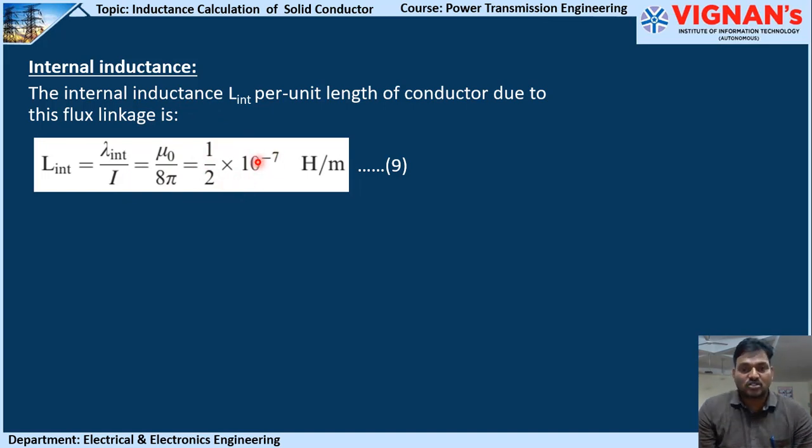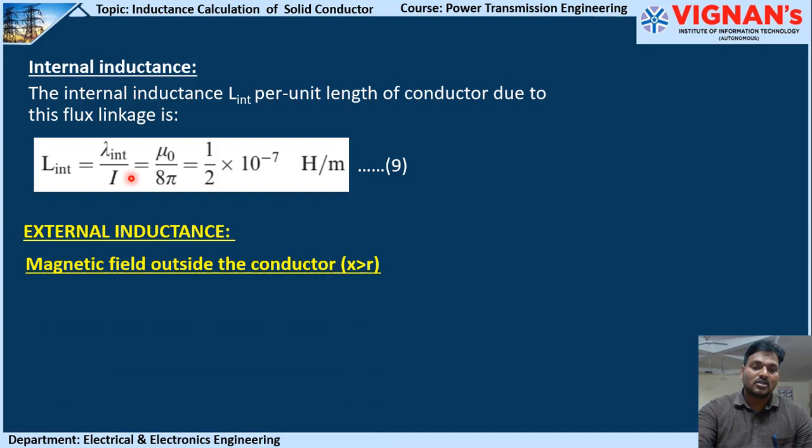So let us summarize the procedure. Initially, by using Ampere's circuit law, we find the magnetic field intensity. From the magnetic field intensity, we derive the magnetic flux density using the formula B is equal to mu into H. Then we find the flux and the flux linkages, and the ratio of flux linkages and current will give the inductance. Now we have to determine the external inductance by following the same procedure. You remember equation number 9. We have to add it to the external flux linkages to get the total inductance.